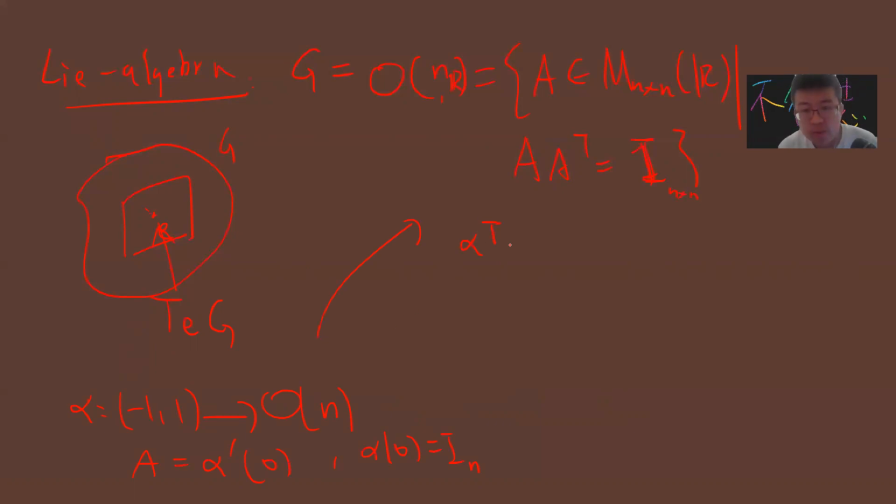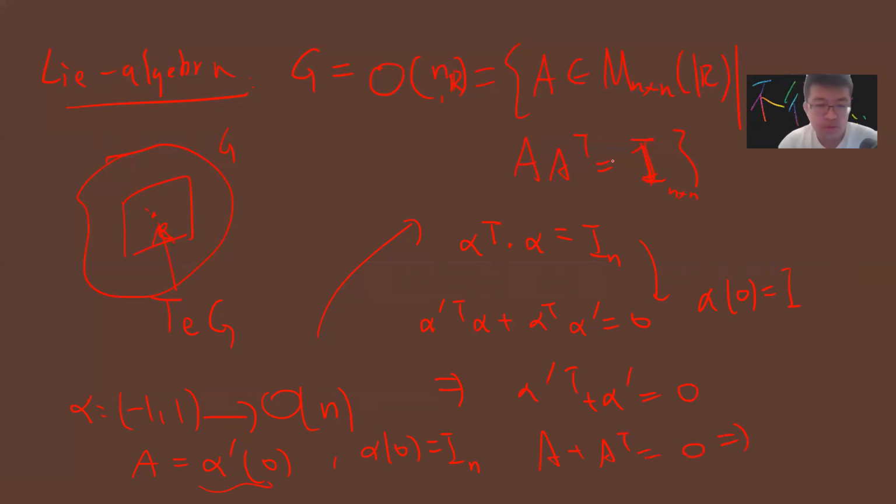So you get alpha transpose alpha, which is identity, and then you differentiate with respect to t. So you get alpha prime of t transpose alpha plus alpha transpose alpha prime, which is 0. And you put in alpha 0 is identity. You get alpha prime transpose at 0 plus alpha prime at 0. And then you define this as A, right? So it's A plus A transpose is 0. So A is your